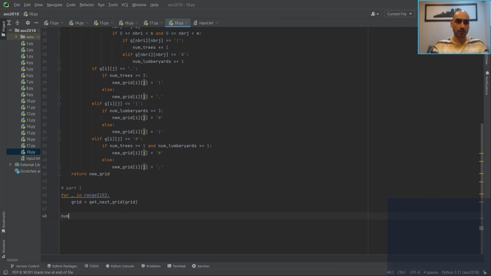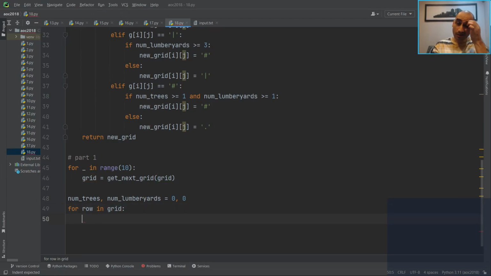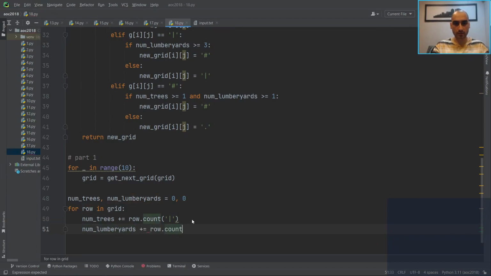So we want num trees, num lumber yards equals 0, 0, for row in grid, num trees plus equals row dot count vertical lines, and then lumber yards plus equals row count hash. All right, and then